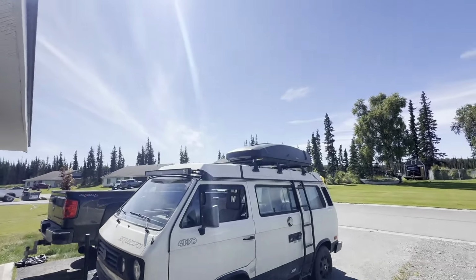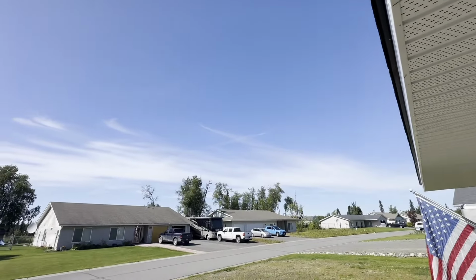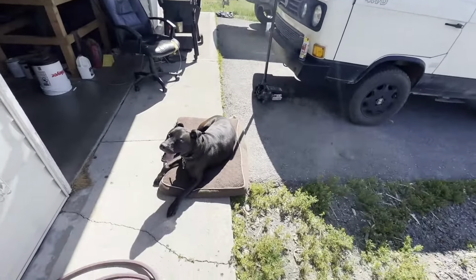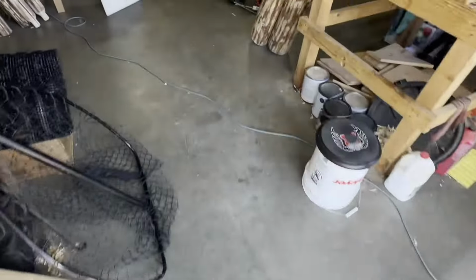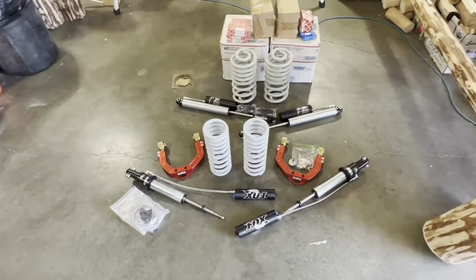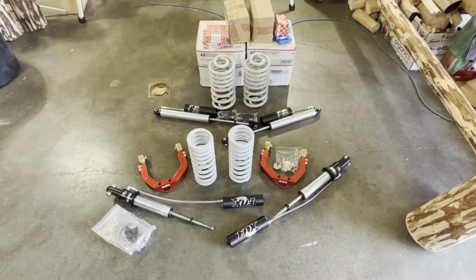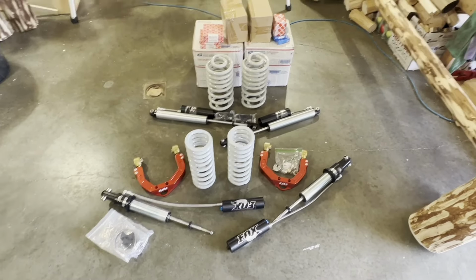It is an absolutely gorgeous day here in Alaska. Don't have too many of these left before that cold winter starts to show up. I got my number one helper here, and we are getting ready